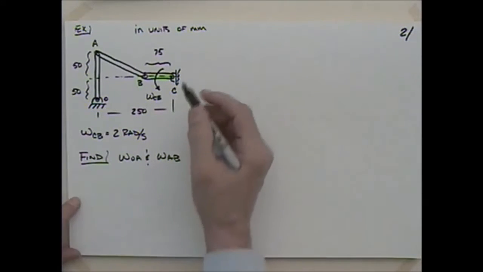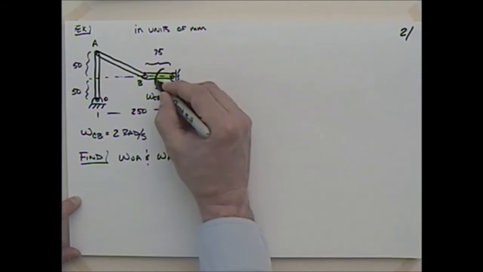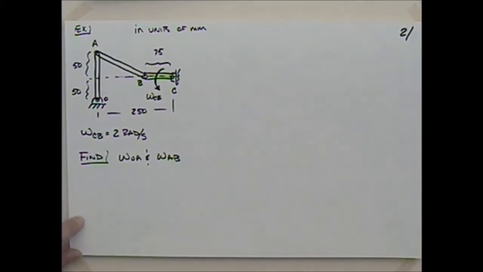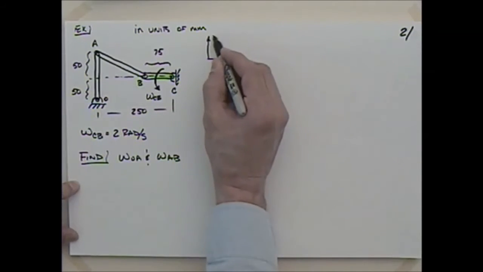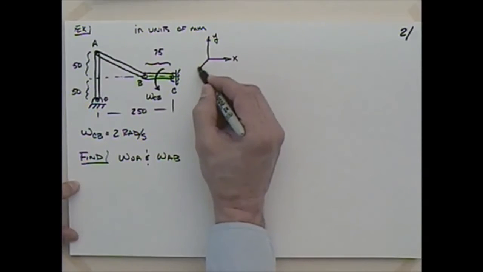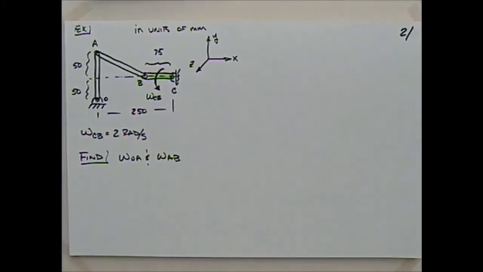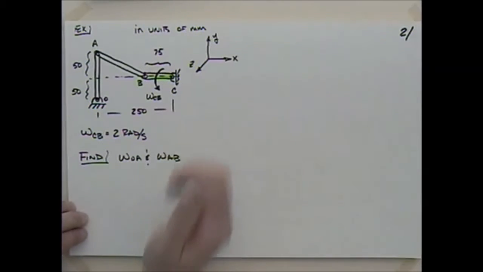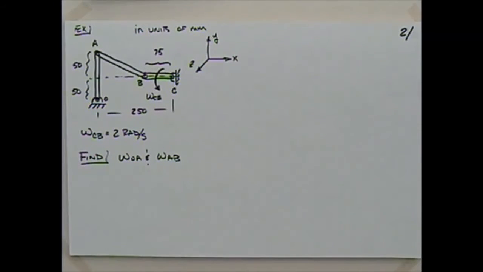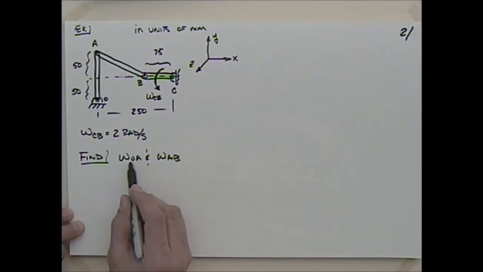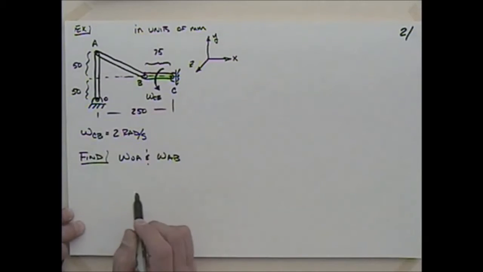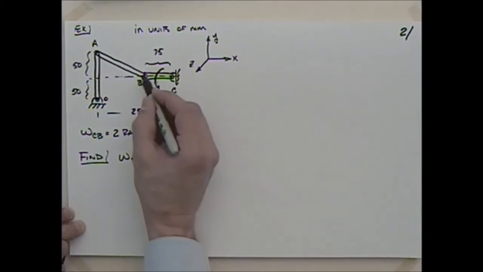And what we've got here, all the dimensions are in millimeters, and we're told that omega CB, the angular velocity, is equal to 2 radians per second. And what I'd like to do is take an XY coordinate system. So I'm going to take a right-hand coordinate system. If I say that this is X, and this is Y, I'll go ahead and take this as Z. Is that right-handed? Yeah, as you take the fingers of your right hand and go from X to Y, your thumb will point out of the page at Z. And what we'd like to do with this is find the angular velocity of OA, that link there, and